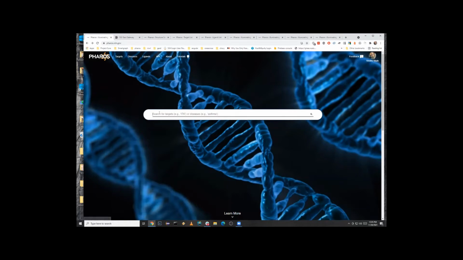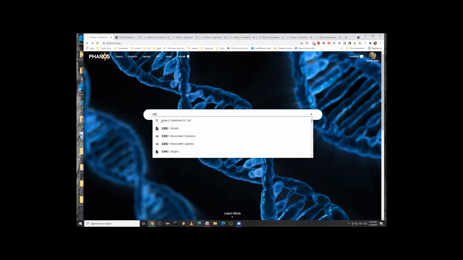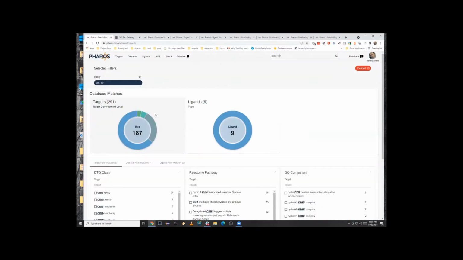Previously, you could search for targets, diseases, drugs, and ligands, but you can also search for some of the different filters that we have, like target family, specific gene name, different pathways, and keywords. So if we were to search for CDK, you can pick just a specific target that matches, or ligands associated with a particular target. But if you were to just hit enter, that will bring you to a kind of dashboard page